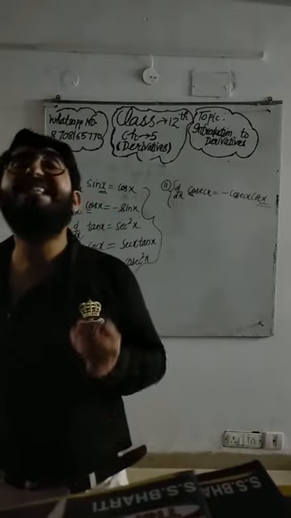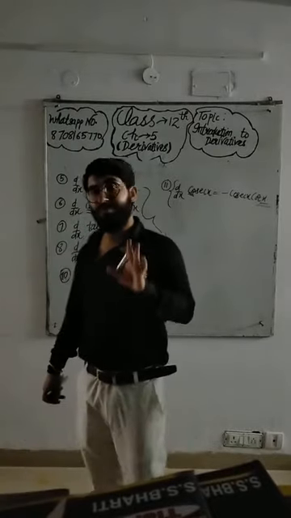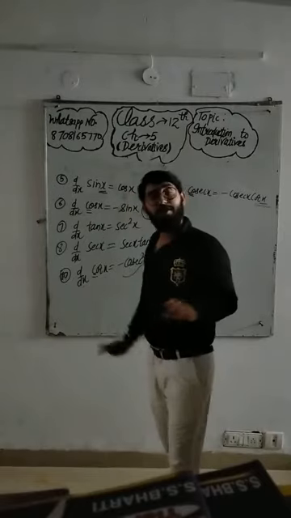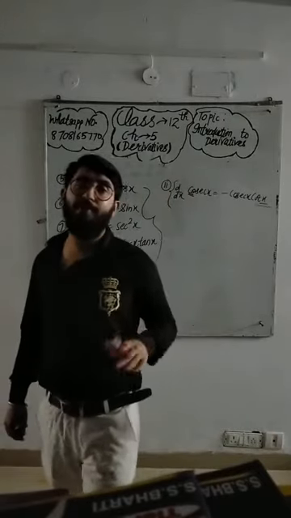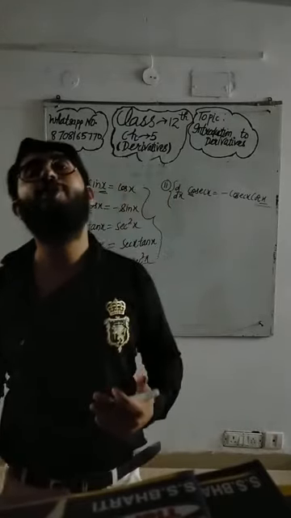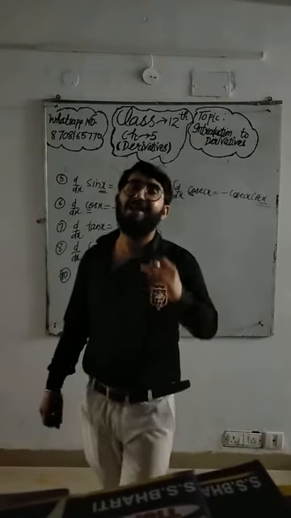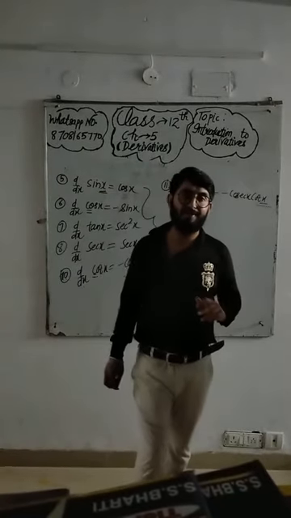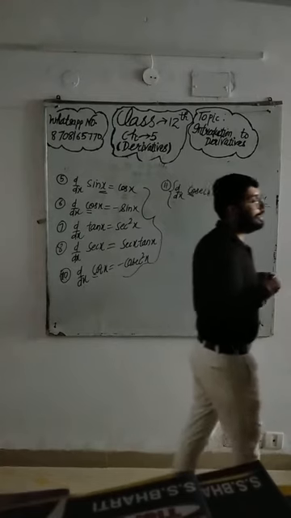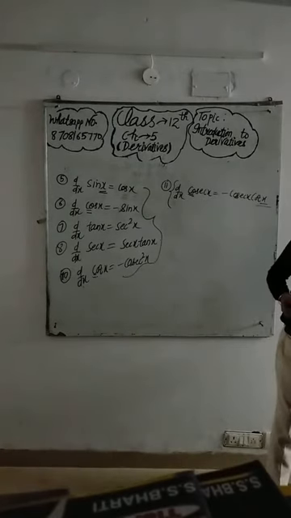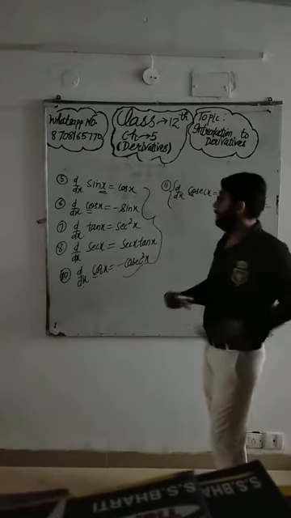This is what we call the symmetry. The remaining are positive, but if the function whose derivative we are finding starts with c, then its derivative contains a negative sign. Now I'm proceeding towards the 12th one. Clear?